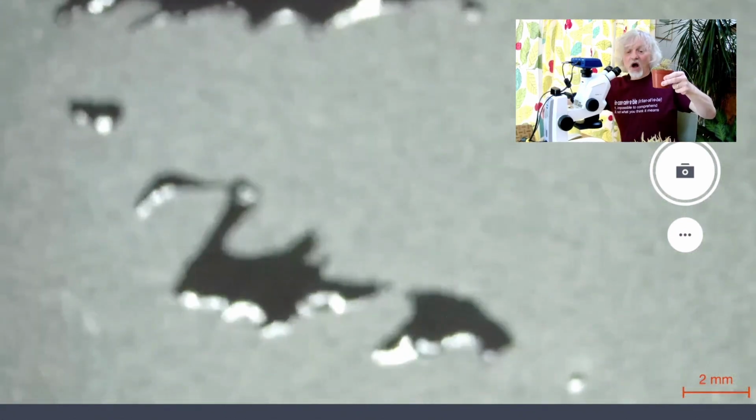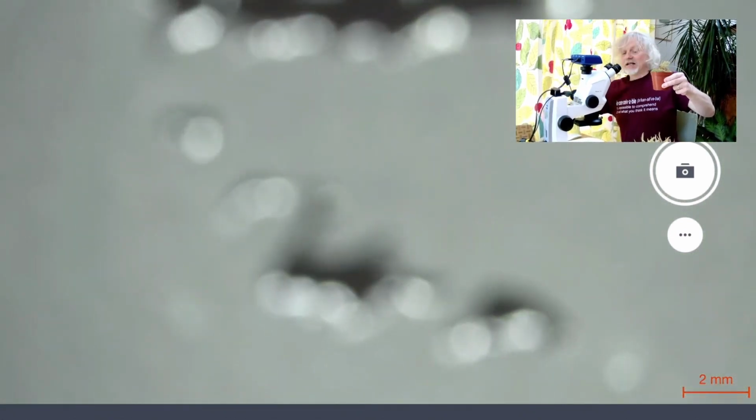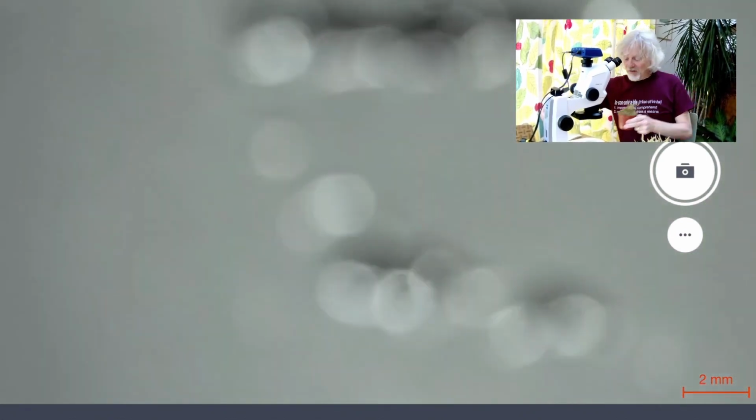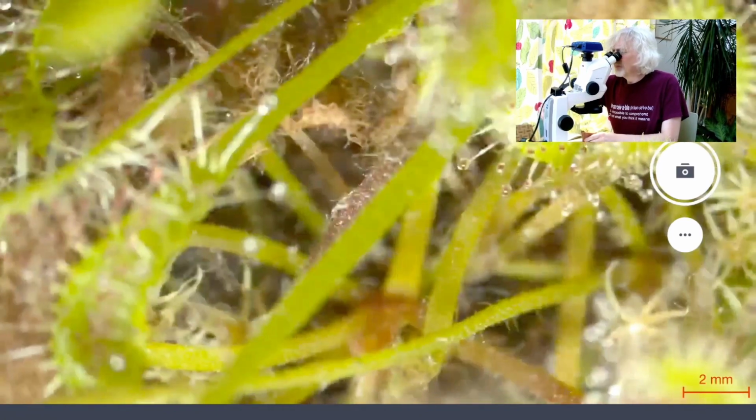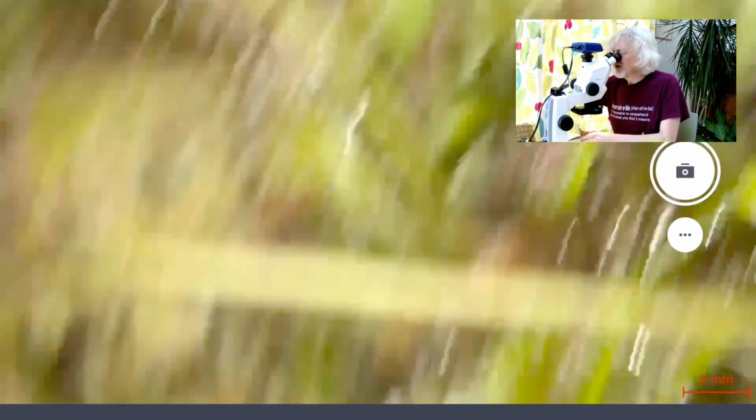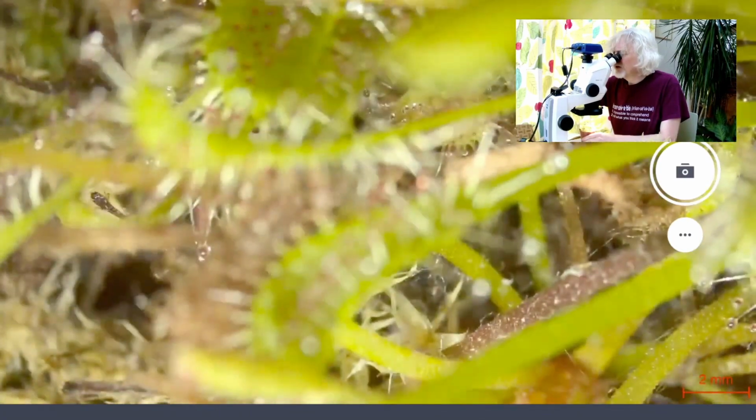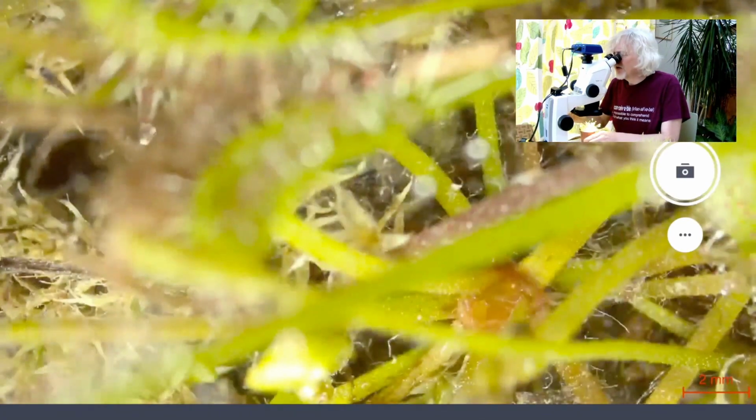But for that, I'm going to put the whole plant under it. And to do that, I've got to wind up my microscope as high as it goes, and then we can get the entire plant underneath. Right, let's have a look. And then you can see, if I try and find a bit that's actually low enough for me to focus on, you can see the whole,